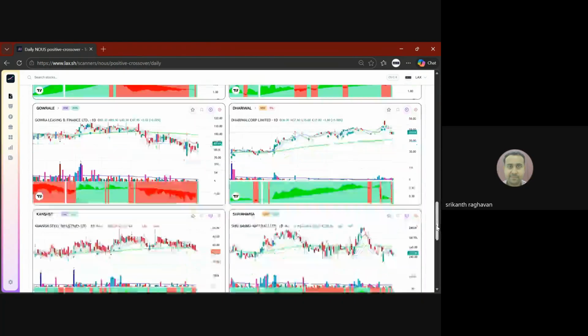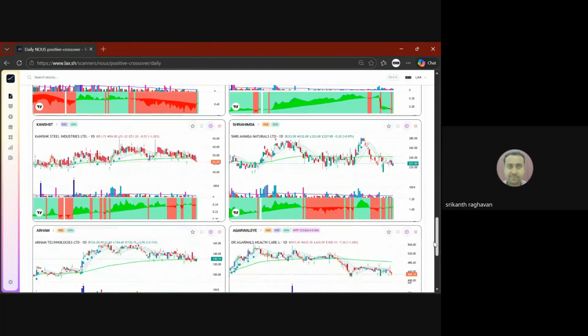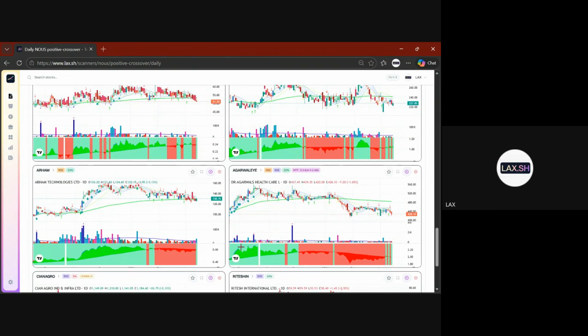But sir, these are not giving the green line crossover, right? They are giving. You see, there is crossover. Look at the bottom. All of them are green, right? And yesterday was red, right? Oh, okay, okay, okay. The green line is not this one. This is simple moving average. This is news, okay? Got it, got it.